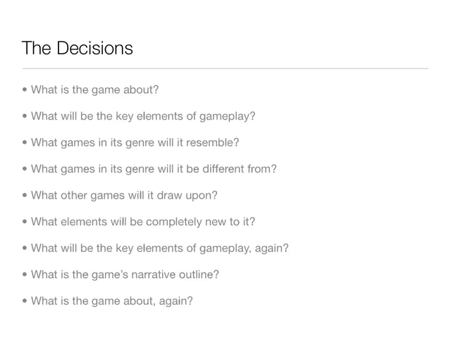Once you've done that, you'll go back to what's the narrative outline. So there's a story here. How does that narrative outline fit with everything else you're talking about before it? And finally, go back to your very first question. What's the game about? And maybe you're all set. You'll have the same answer as when you started. And maybe, just maybe, you'll find that's changed. And you have to go through this decision loop once more.